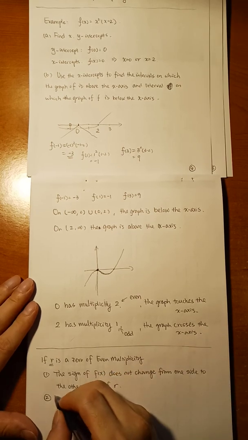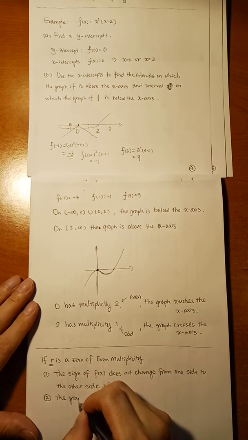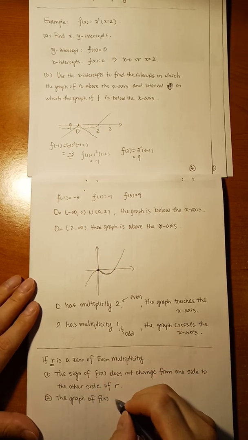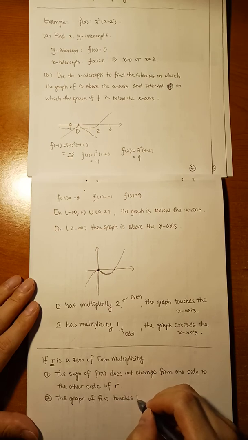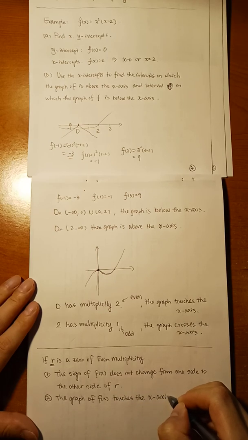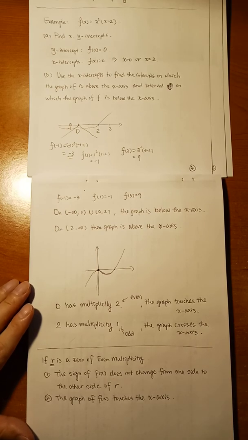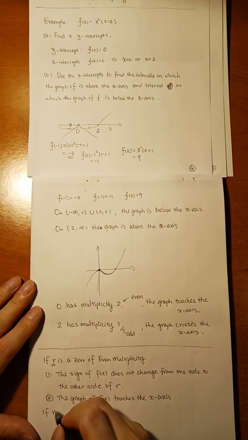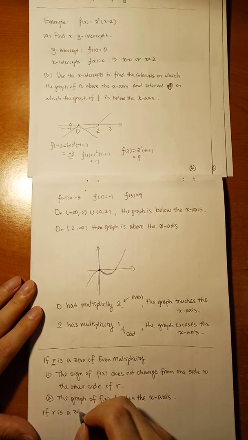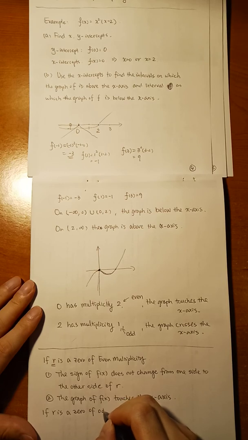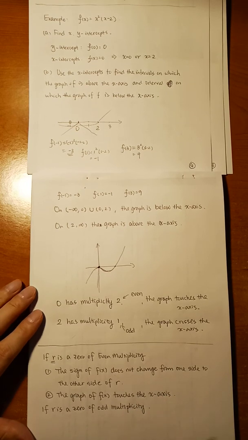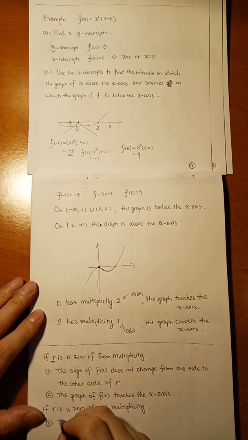The geometry is that the graph of f(x) touches the x-axis. Okay, the graph will touch the x-axis. That's the even case. If r is a 0 of odd multiplicity, then first the sign